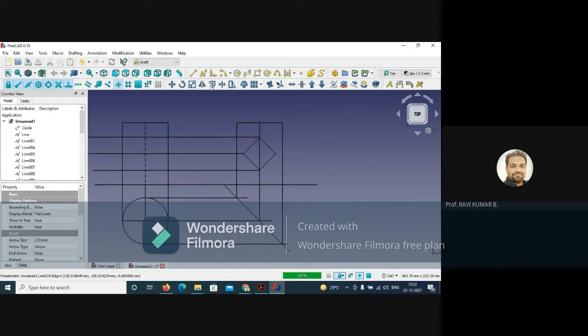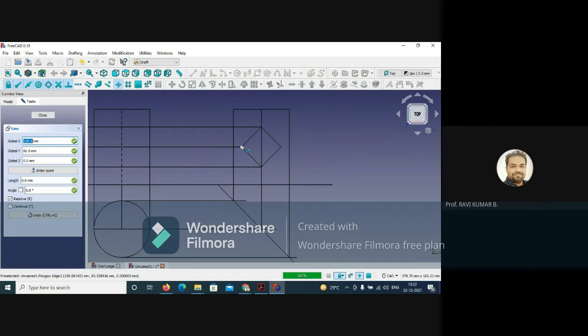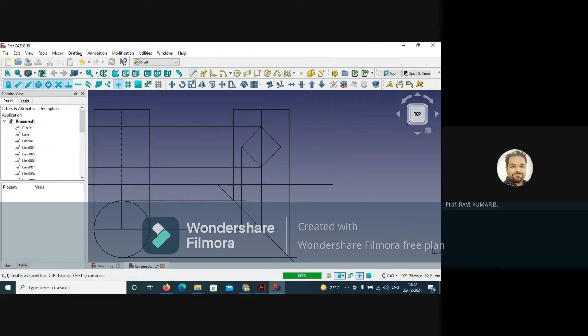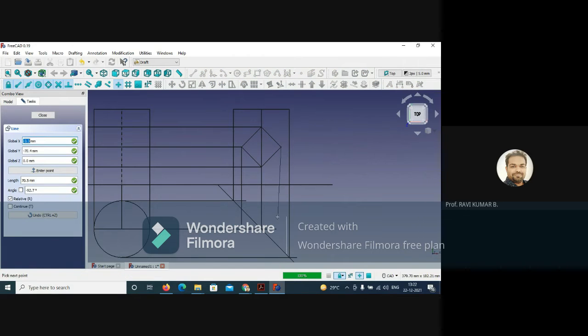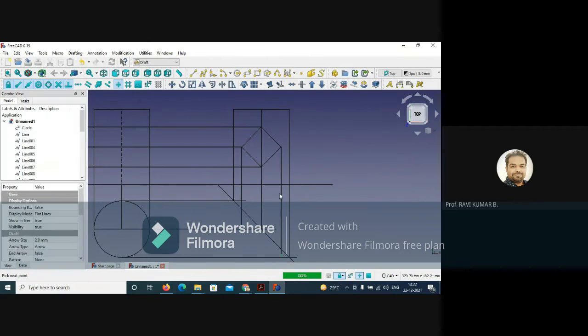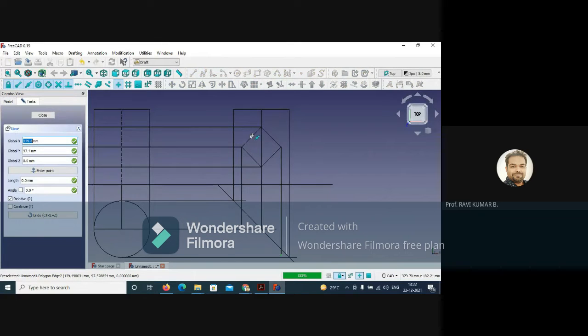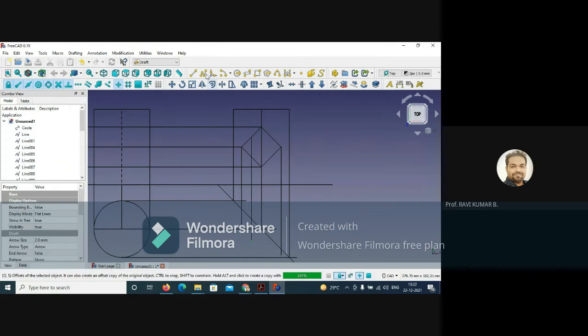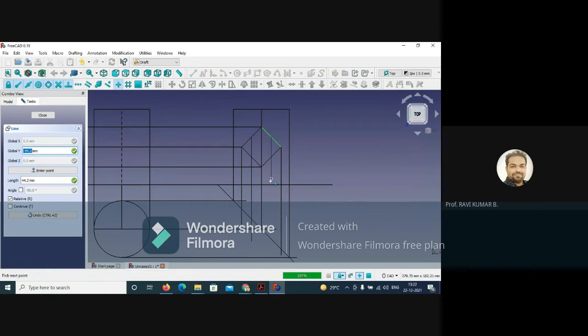Now vertically down also you have to do the same thing. So this side also you have to project all the points. So you see here it is not directly connecting to the point, so no problem, you can extend it. Later on we'll fix the line right up to the line. So you can go vertically down and take from this point also, and you can go up to the last point, and in between also we have to select the points, right? So take the line command also. So this is the midpoint of this surface and you can go vertically down. So you can go up to here, again take the line and you can go like this.